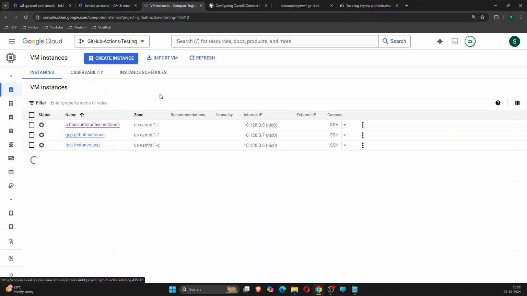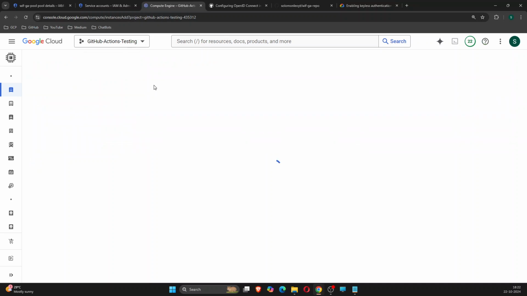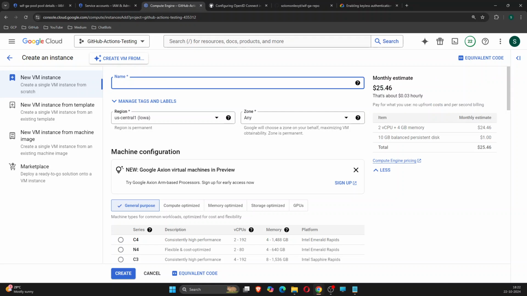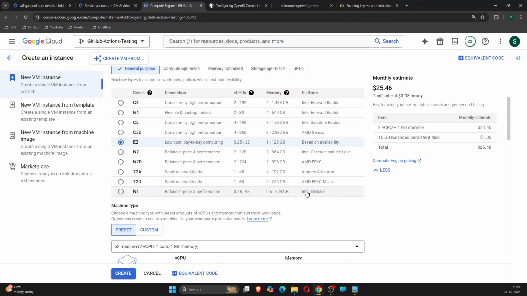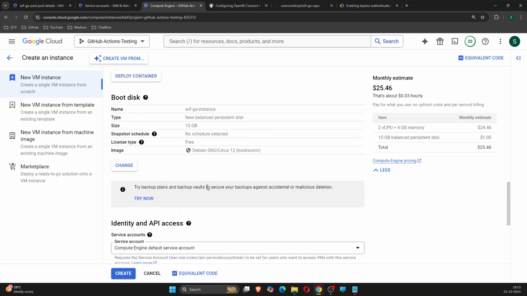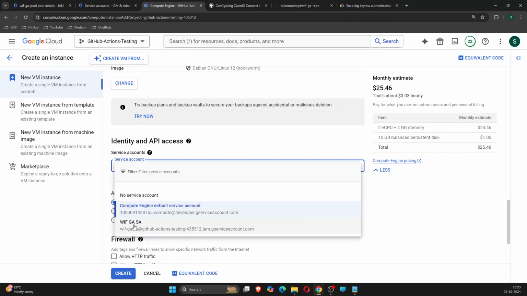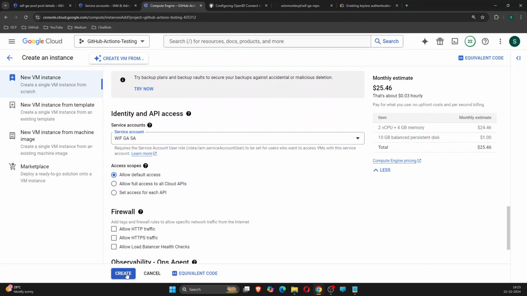Yeah, so I will click on create instance, and I will try to give the same name that I have been giving since the start of the video, that is workload identity federation GitHub Actions instance. And I will keep the configuration as it is because this is a free tier account, so it will not allow me to choose anything else. But under the identity and API access, I will be selecting the service account that I have created, that is WIFGASA. Click on that one and click on create,